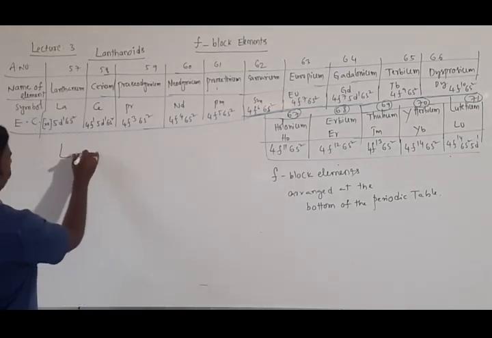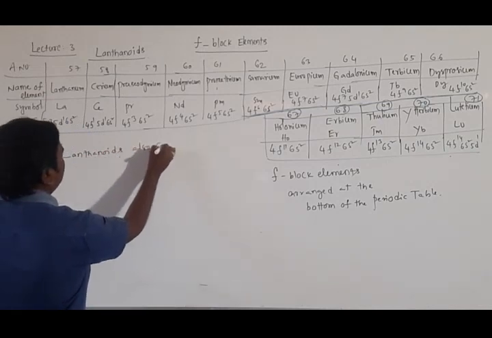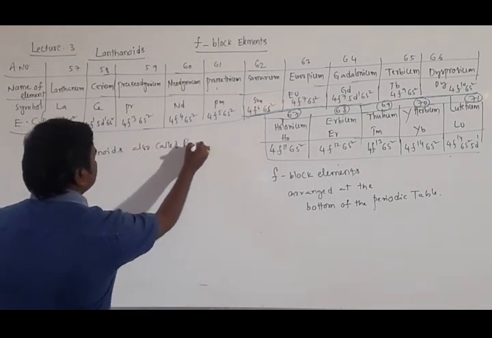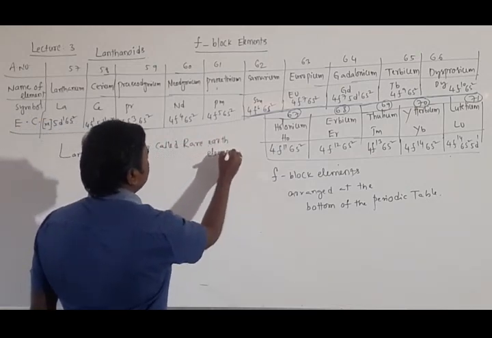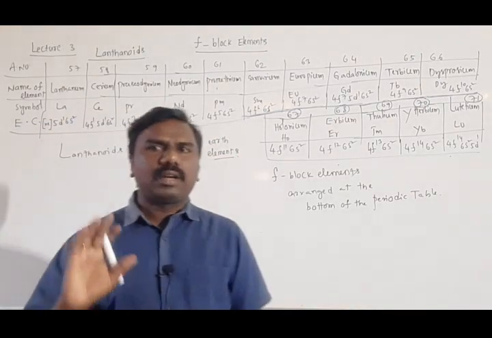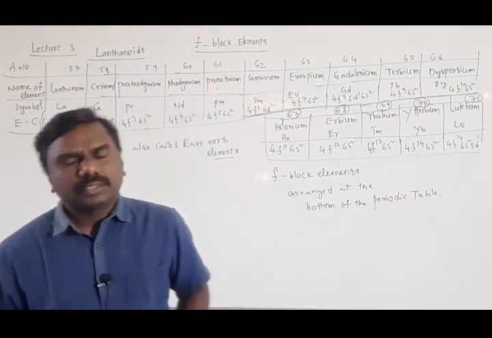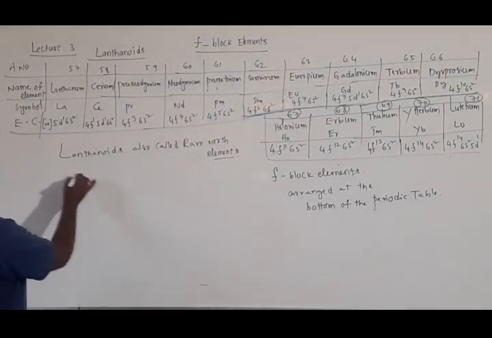Lanthanoids are also called rare earth elements. This name is not suitable because not all lanthanoids are rare. Yes, they are available, so it's not a fixed name for them. Okay. General electronic configuration of